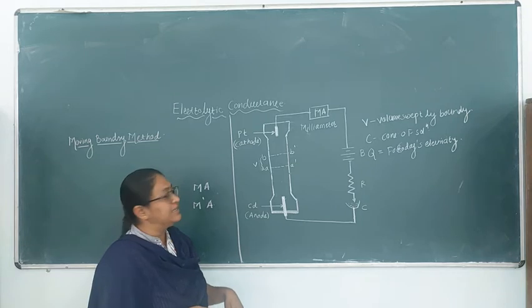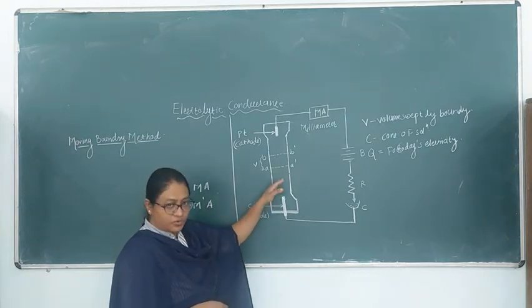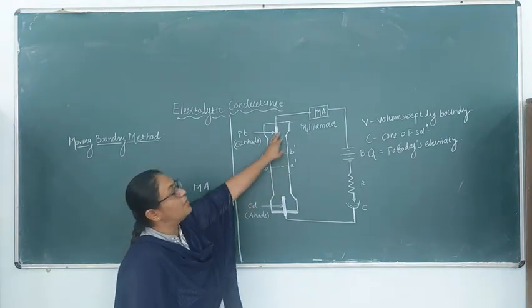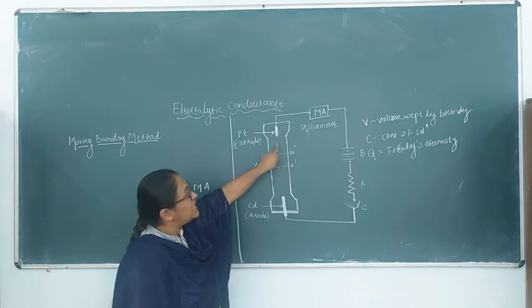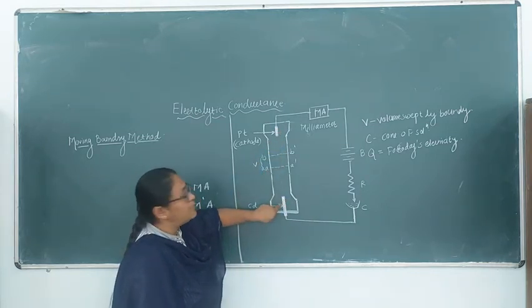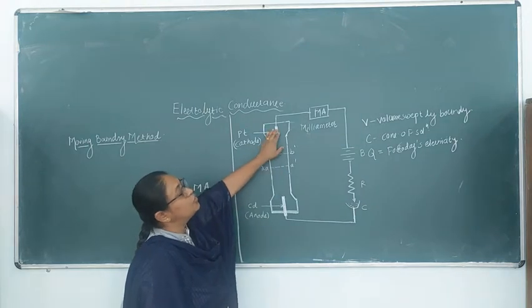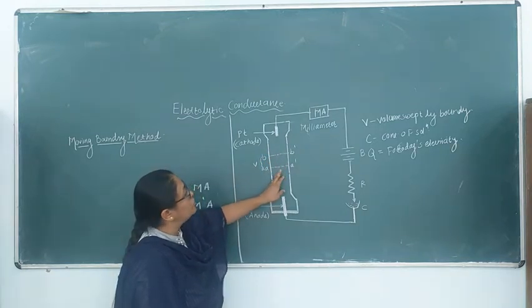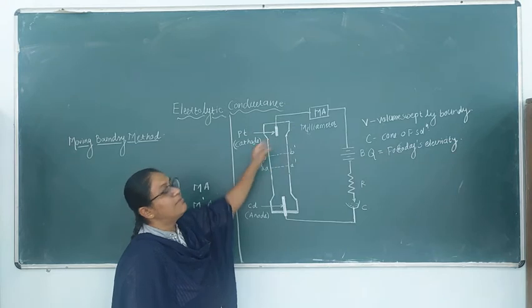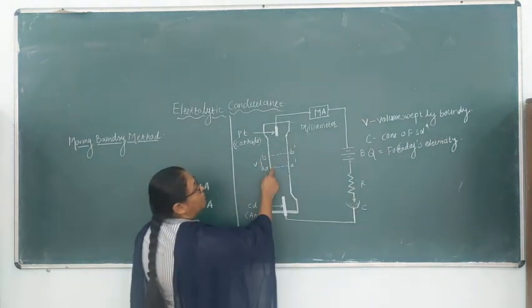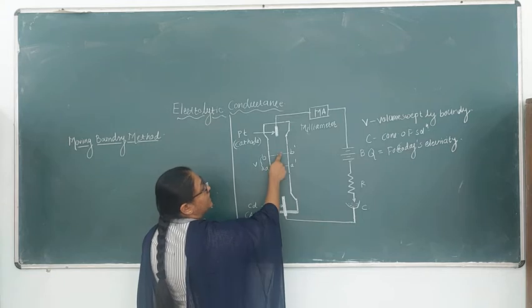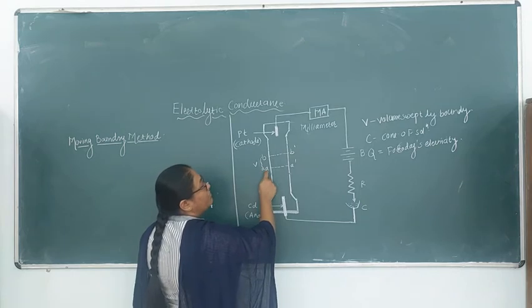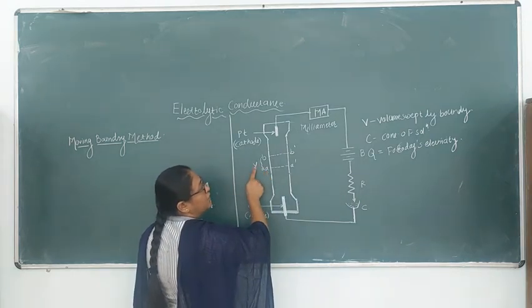Once you pass the electricity, the cations from the lower solution will migrate towards the opposite electrode, that is the cathode. The cations will not migrate towards the positive electrode; they go to the cathode and get deposited. Due to their migration, the boundary between the two solutions is uplifted and the new boundary formed is B to B dash. Therefore, the volume swept by the boundary we have considered as V.